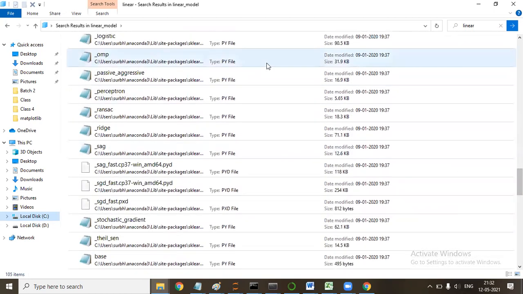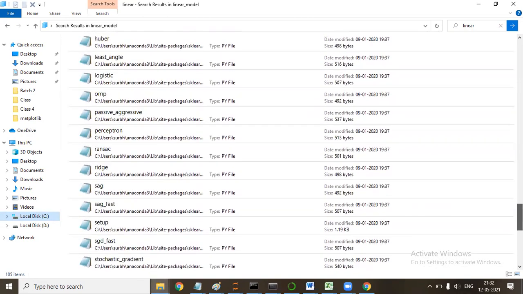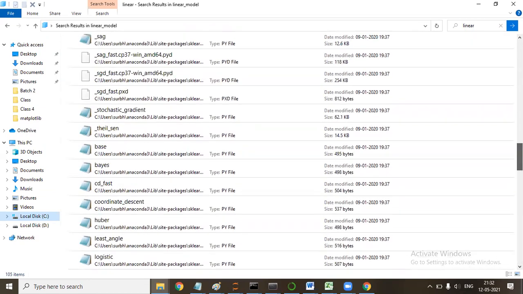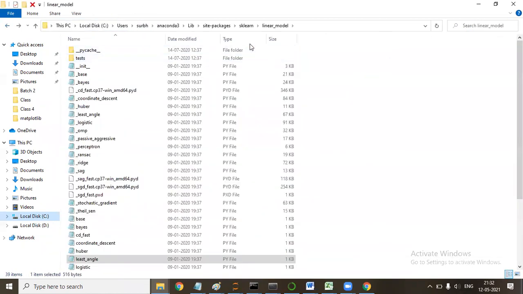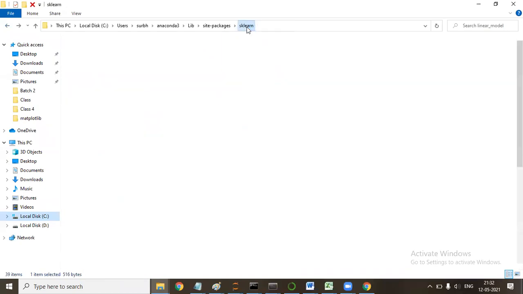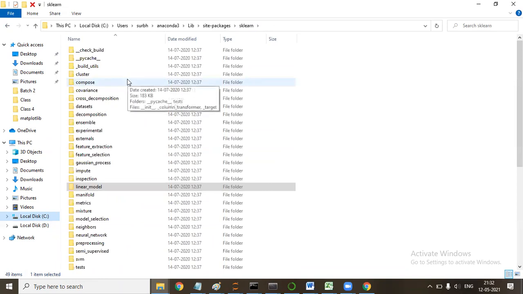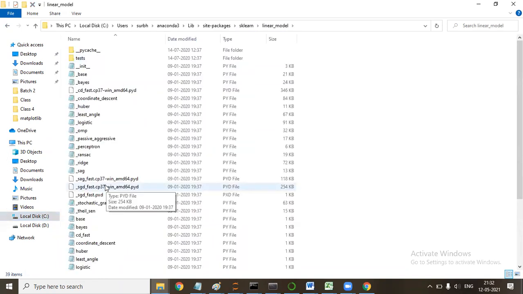Just give me a second. So this file would be here only, somewhere here. That's why I said from sklearn.linear_model. Let me go back. If you search your Python files in this sklearn, you will get in sklearn.linear_model somewhere the file with linear regression.